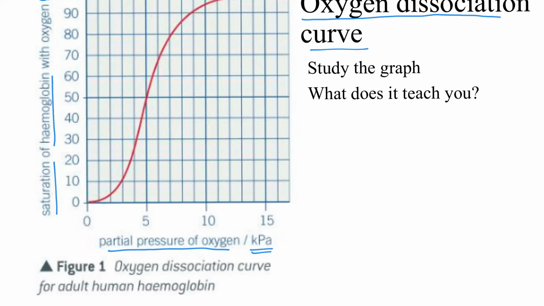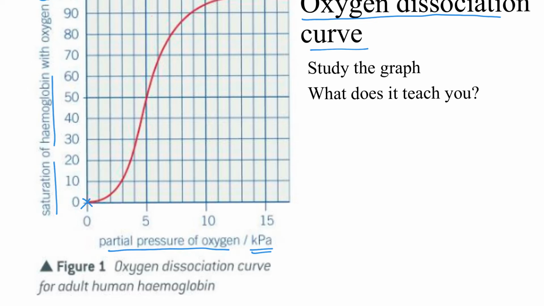So on this graph here, we've got these different kilopascals, these different partial pressures of oxygen. And we can see that hemoglobin behaves differently when it is in different partial pressures of oxygen. This is because of the way that it binds. So we're going to talk a bit about what this graph shows us, and then we're going to talk about what that means in terms of the binding. So at very low partial pressures of oxygen, the hemoglobin has given up all of its oxygens. Now,